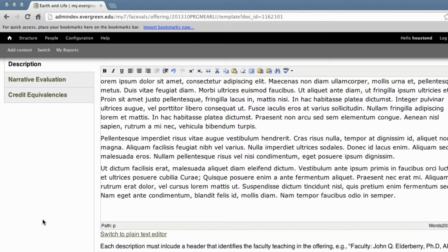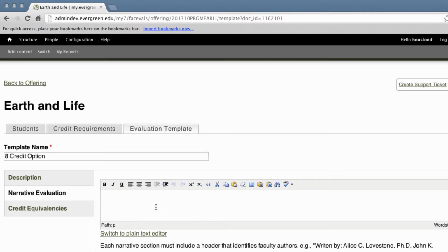You'll notice I'm using the Paste from Word button in the application, which I want to reiterate ensures that your text going in is compatible with the application. In the narrative field, I'm going to add in the required text. So in the narrative eval field, I'm going to add in the required text for every eval at Evergreen, which is who wrote it. So I know that at the bottom of every one of these, I will need to have my name. Once I've saved my template,